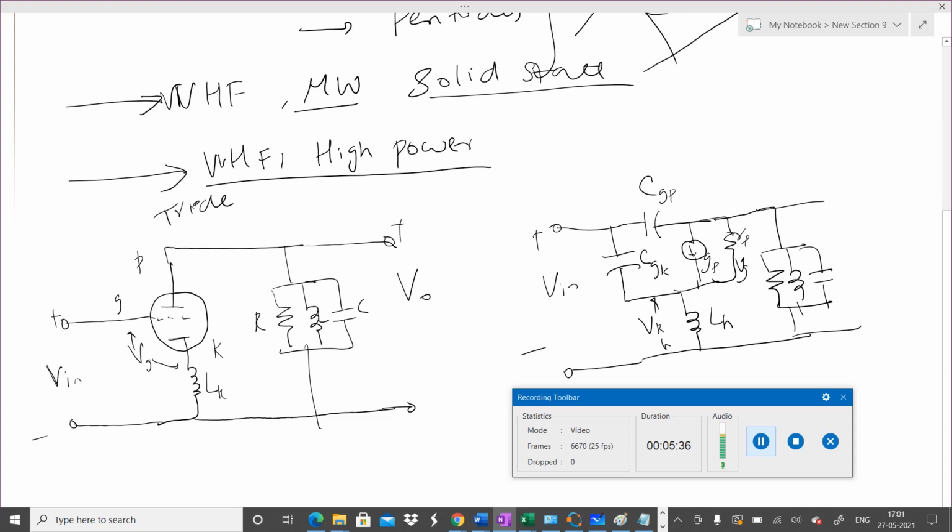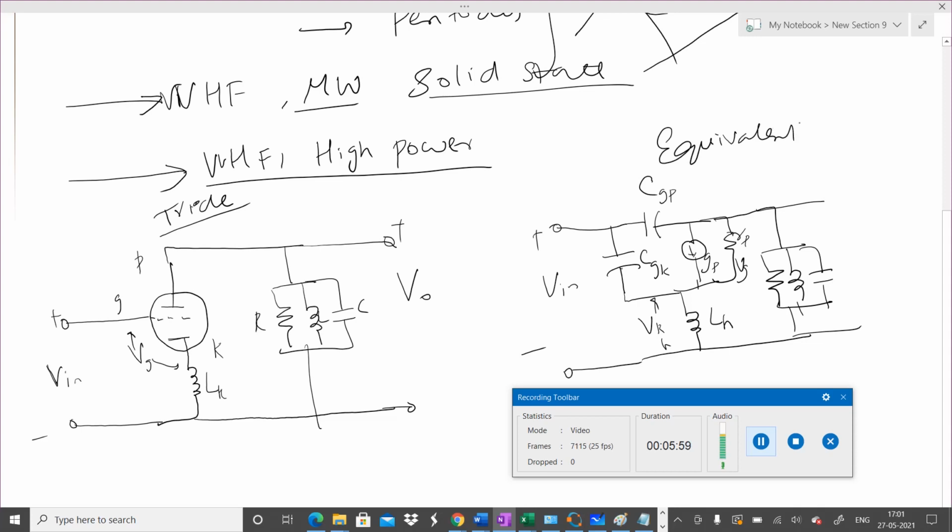In BTech, I think in the 90s, vacuum tubes used to be in the curriculum, but definitely when they became irrelevant, it was removed. So this is one of the classical circuits here. Let's concentrate on only one thing. What is its equivalent circuit? So this is the triode circuit. This is its equivalent circuit.